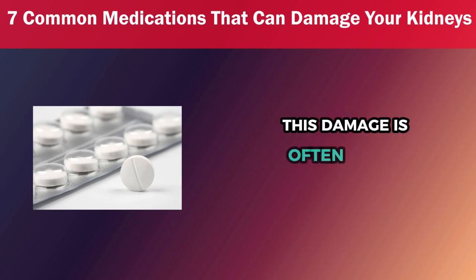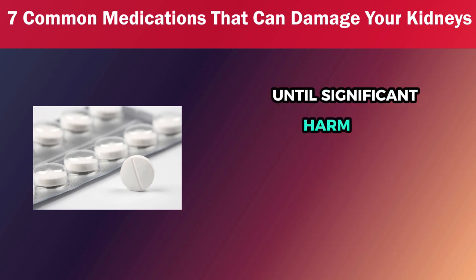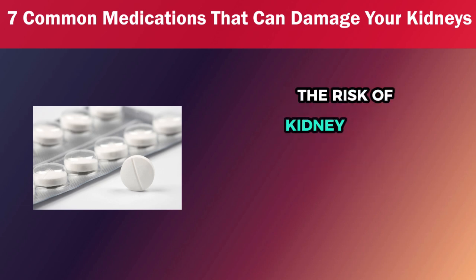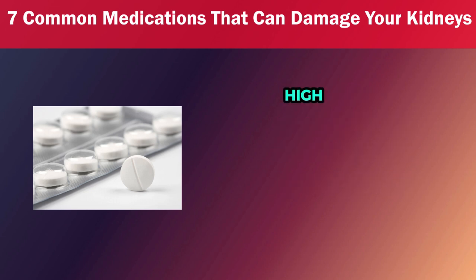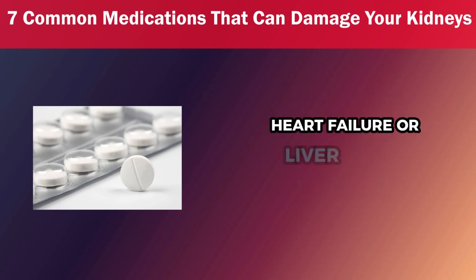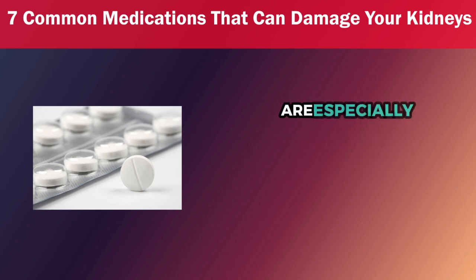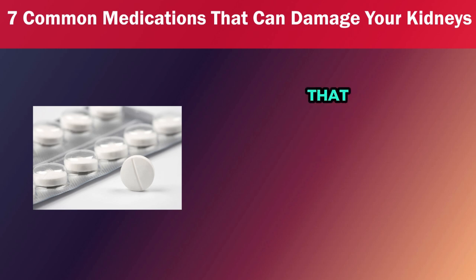This damage is often subtle and may not present any noticeable symptoms until significant harm has already occurred, making early detection challenging. The risk of kidney injury increases with long-term use more than 7-10 days, high doses or existing kidney problems, dehydration, heart failure, or liver disease. Older adults, particularly those over 65, are especially vulnerable to kidney damage. The risk is also higher for individuals who use multiple NSAIDs simultaneously or take other medications that put additional stress